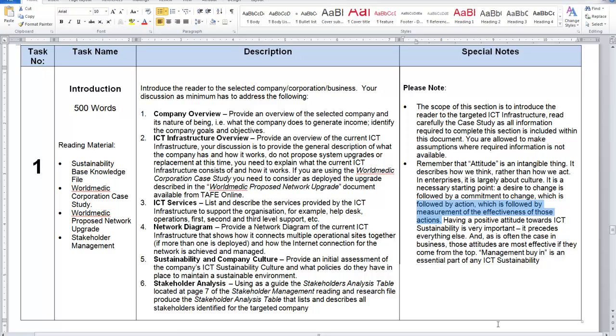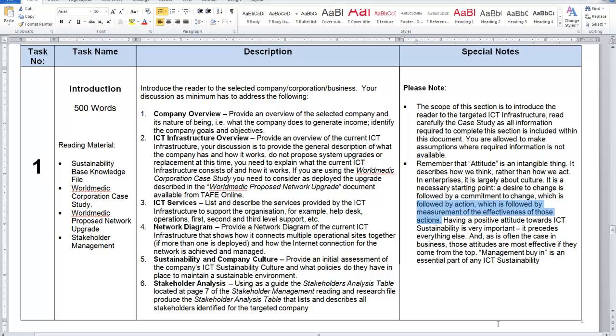And as is often the case in business, those attitudes are most effective if they come from the top, if management buys into sustainability. It is an essential part of ICT sustainability to have management contribution, management leadership in having a sustainable